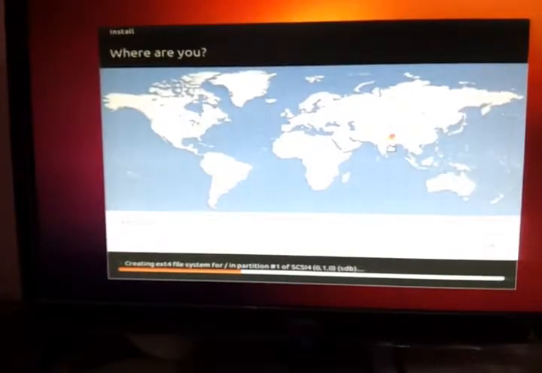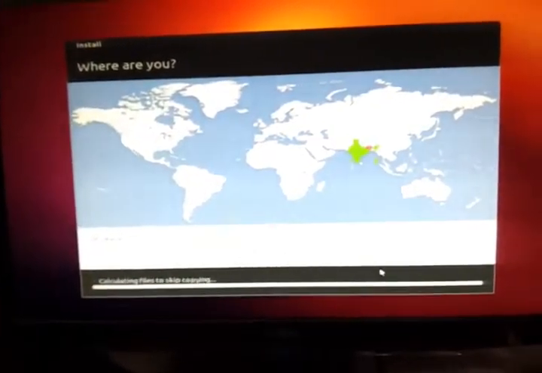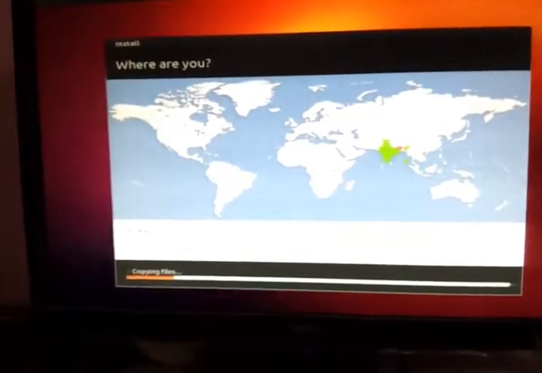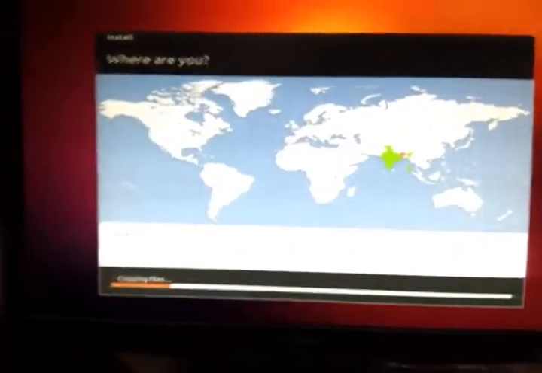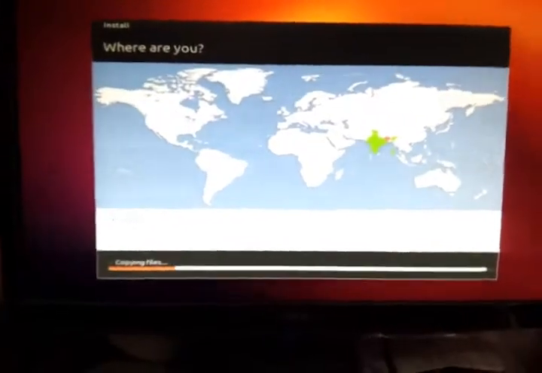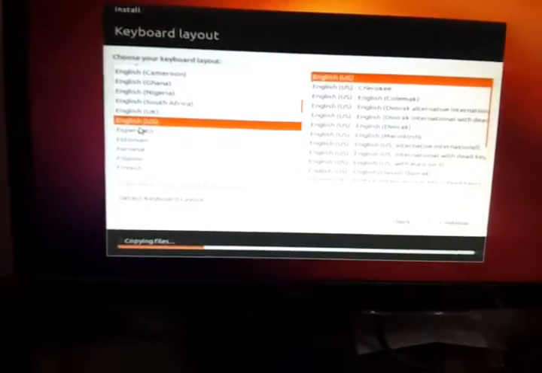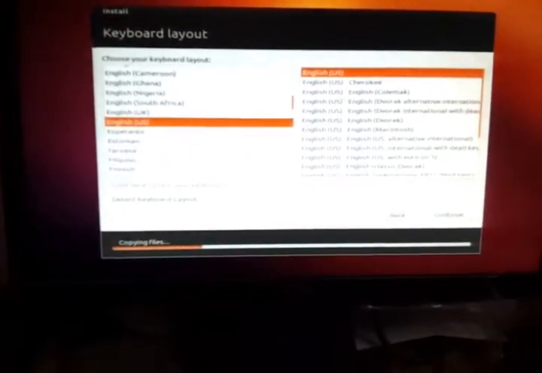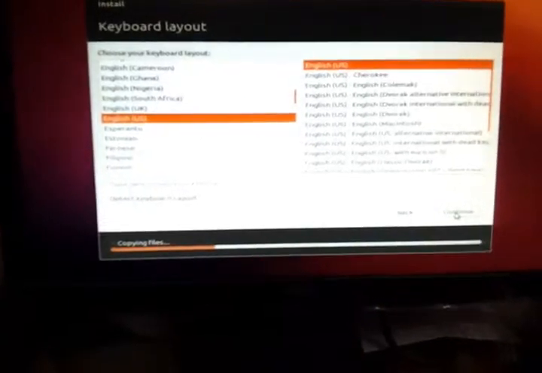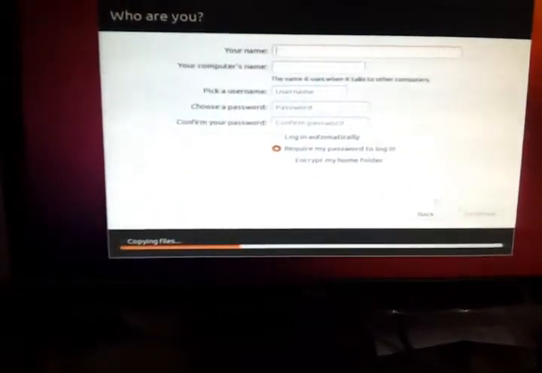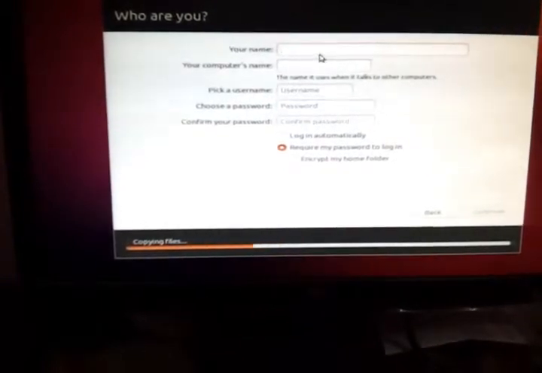Now selecting my location, Kolkata, clicking continue. This is basically for the time zone. I have selected Kolkata, which is GMT plus 5:30. My keyboard layout is English US. These are all default options. I'm clicking continue. So it's asking for a name,